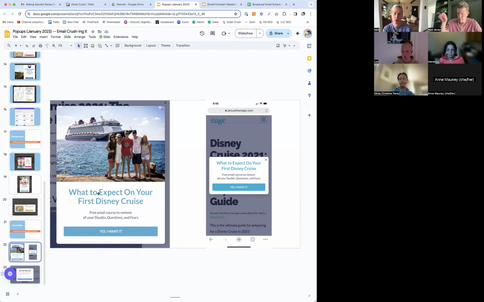You basically hit a button, it makes a copy, and then you change something, and you can do it again, change something else, and then it'll ask, how do you want the traffic to be split? And then you send it out, and then you figure out what wins based off of your engagement metrics of choice. Like I found with this pop-up, I'm showing my family here because I'm vain. And this is the tannest my legs have ever been. But the reality is that this image doesn't win. The image that wins is the one of just the ship.